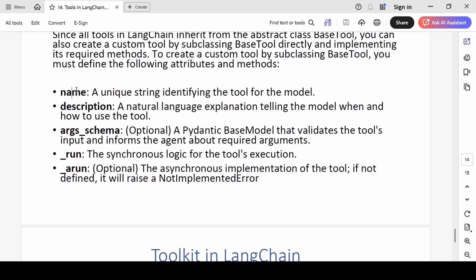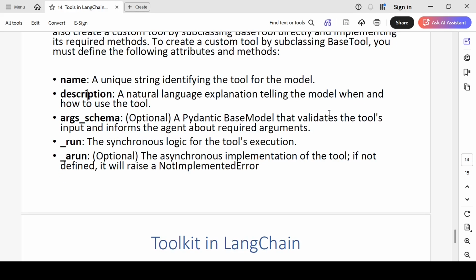It should have a name, a unique name for the tool, and a description for that tool, that is how you are going to use the tool. Then args_schema. If you have some schema, you can give it, as we did with the @tool decorator. The same way here also you can give.